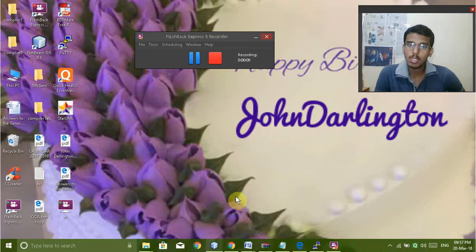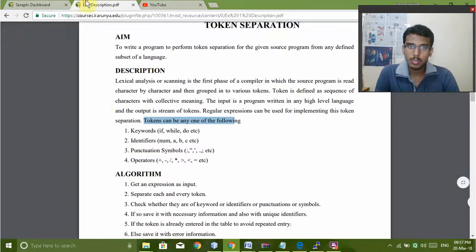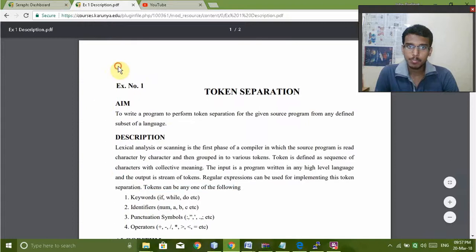You are on page CS 107. This is my first lab exercise in System Software and Compiler Lab. It is about token separation. Let me show the question. Here you can see